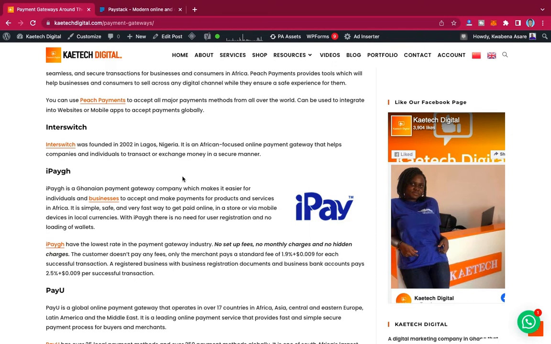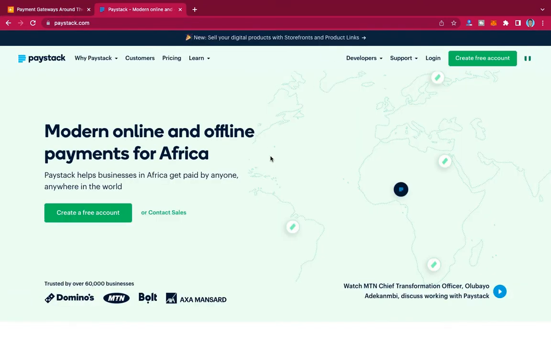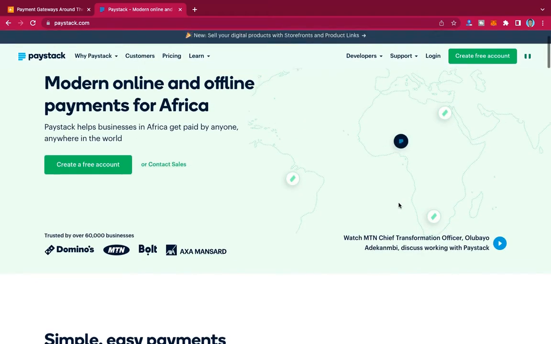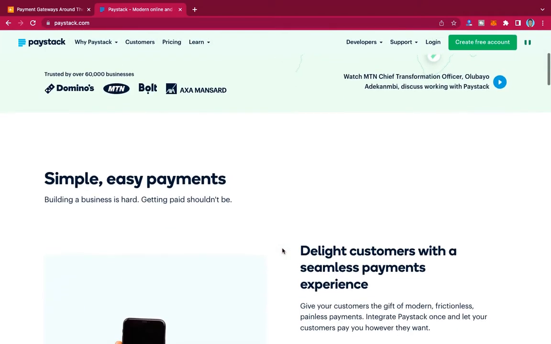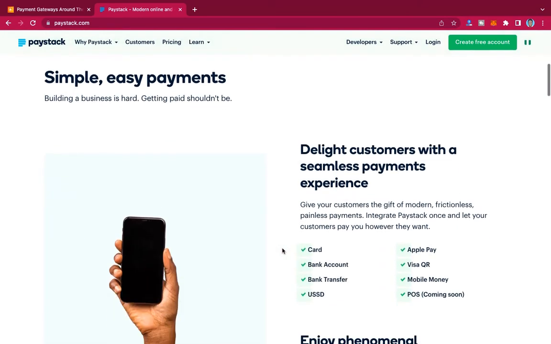Okay, now for this tutorial, I'm going to talk about Paystack, and how you can integrate Paystack into your website so that you can collect money from it. So maybe you have an e-commerce website and you want to collect money there. I'm going to show you simple ways you can integrate